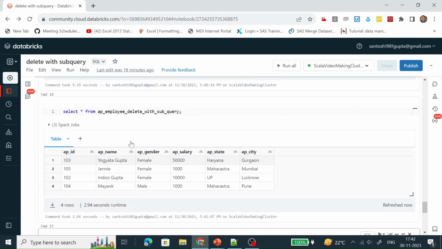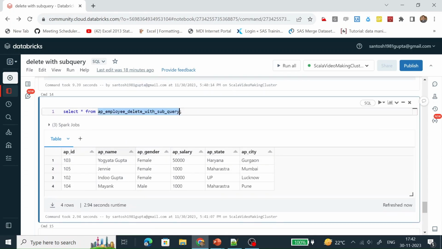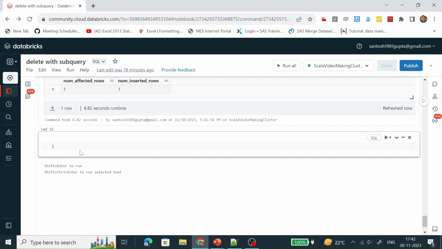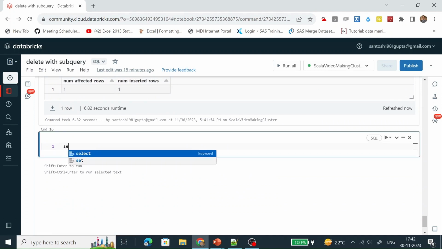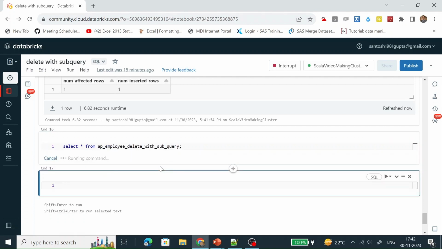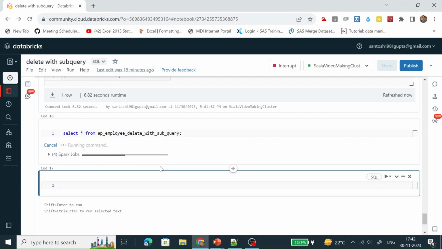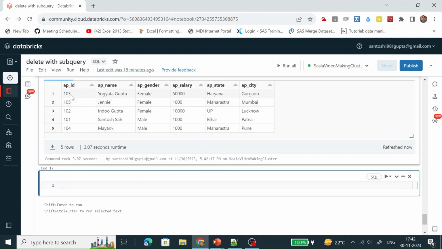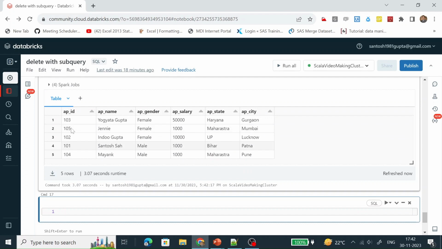Let's do a select star from this table. So 5 records are there.